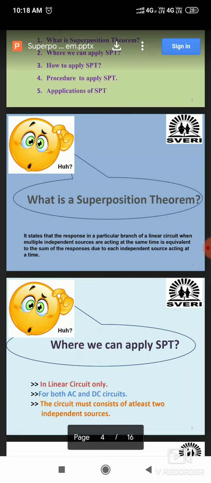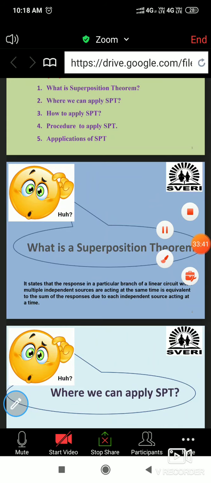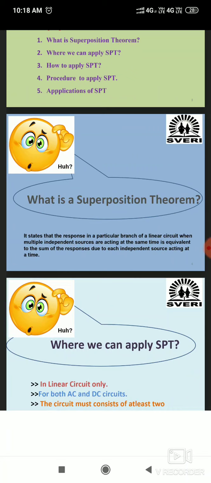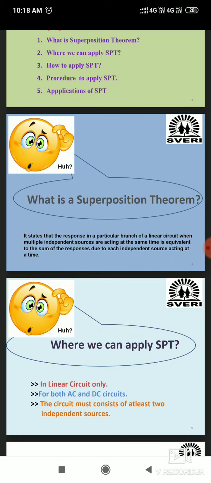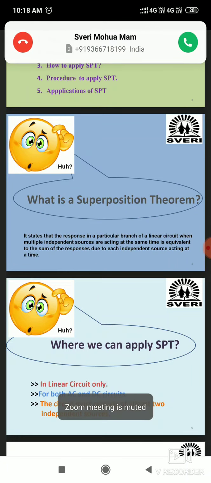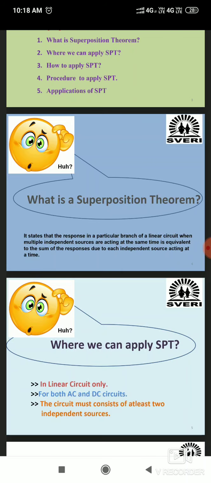मग हा theorem काय आहे? So this theorem you can understand when we solve problems. The network theorem subject is like this. When you are solving the problems, then you can understand the theory. When you are understanding the theory, you cannot solve the problems. But in reverse, when we are solving the problems, we will understand the theory.